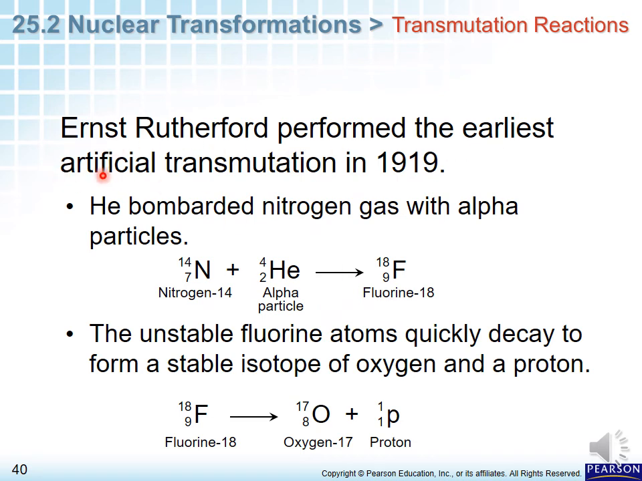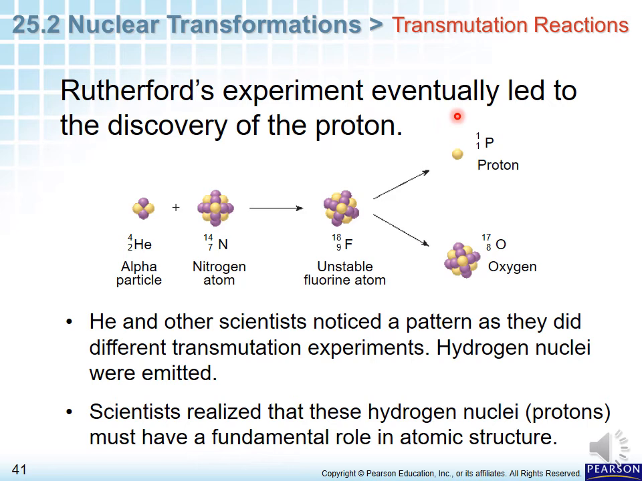Ernest Rutherford performed the earliest artificial transmutation. In 1919, he bombarded nitrogen gas with alpha particles. Okay, it gives unstable fluorine, and then the unstable fluorine atom quickly decays to form a stable isotope of oxygen and a proton. Rutherford's experiment eventually led to the discovery of the proton. He and other scientists noticed a pattern as they did different transmutation experiments. Hydrogen nuclei were emitted. Scientists realized that these hydrogen nuclei, which are protons, must be a fundamental part of the